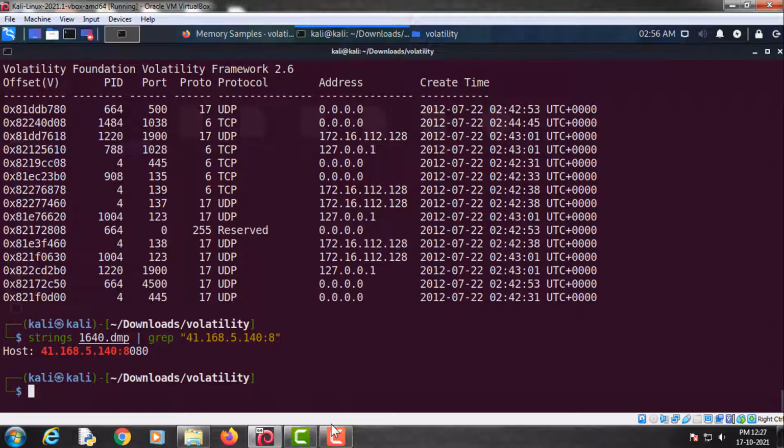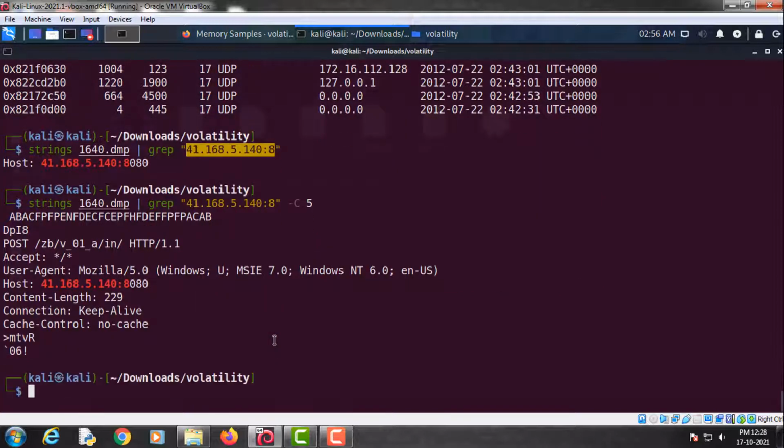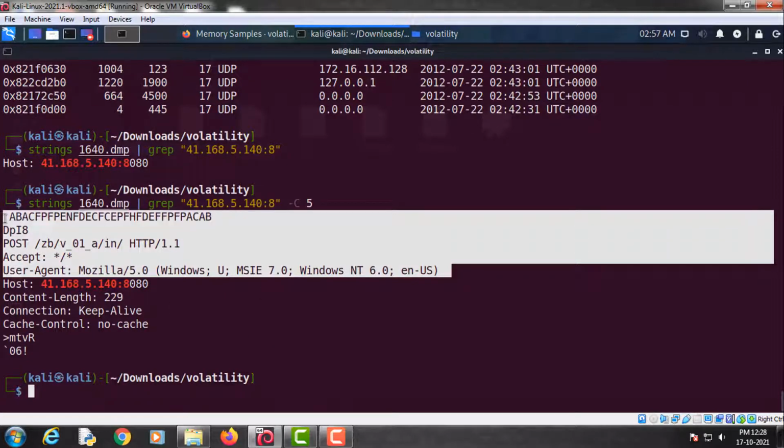this process 1640 and this IP address. So if we use the -c parameter to see the previous 5 and the later 5 lines, then you can see that this is the HTTP header of this command, which this process is using to communicate with this IP address.